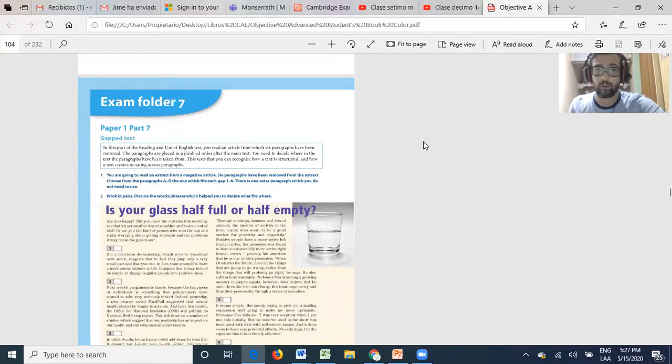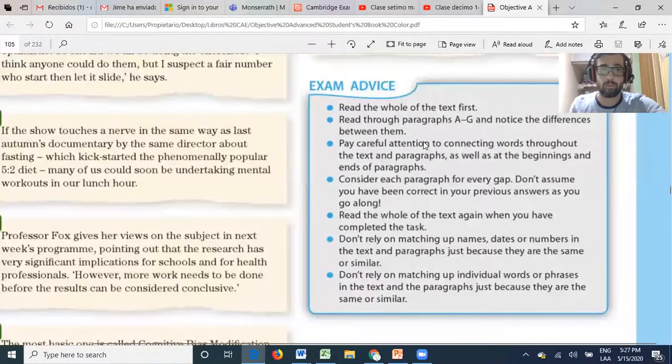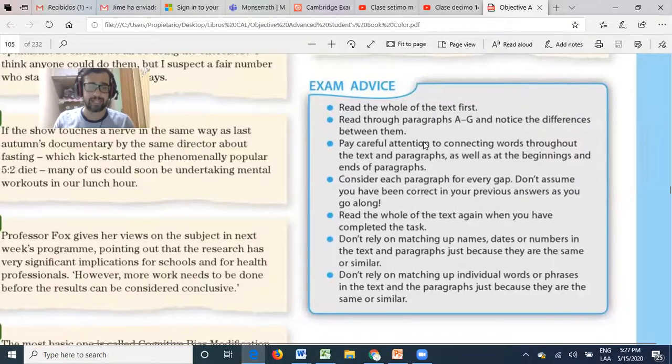Before, I recommend for you to read these tips for part 7 of the reading and use of English test. You have them over there in your booklet. So pages 104 and 105 are for you to practice for part 7 of the reading and use of English test. And remember that you're going to have this reading and use of English test in your platform. Please do it again, and please remember to send me the 4 different